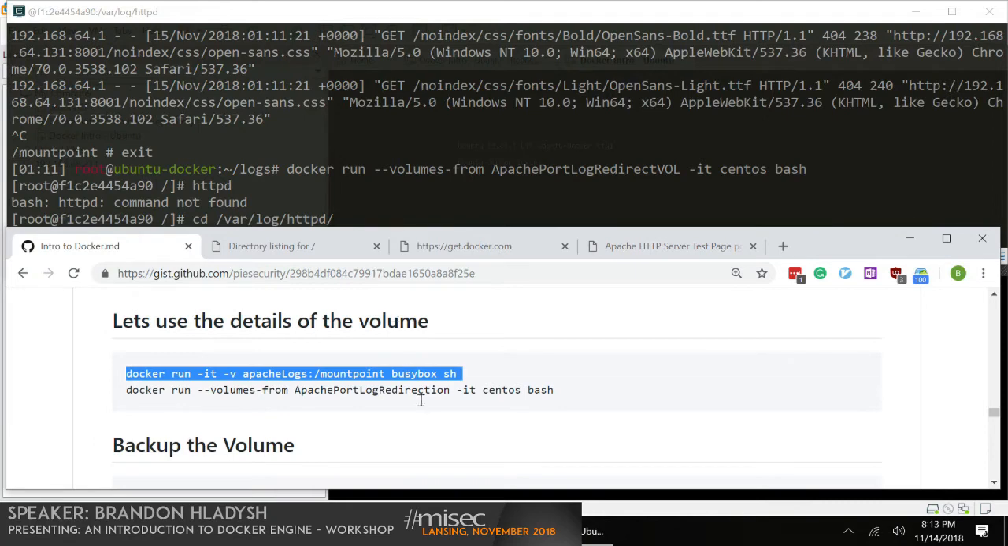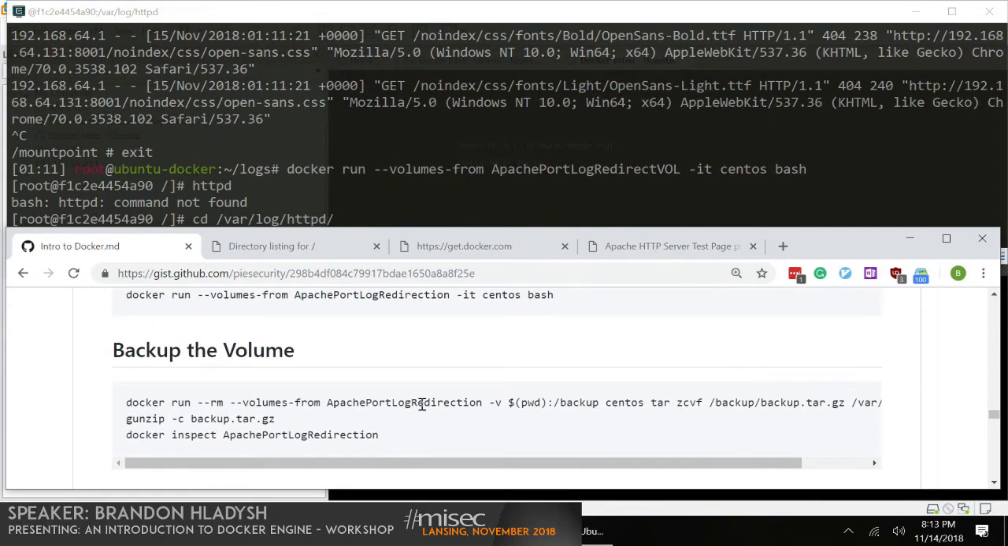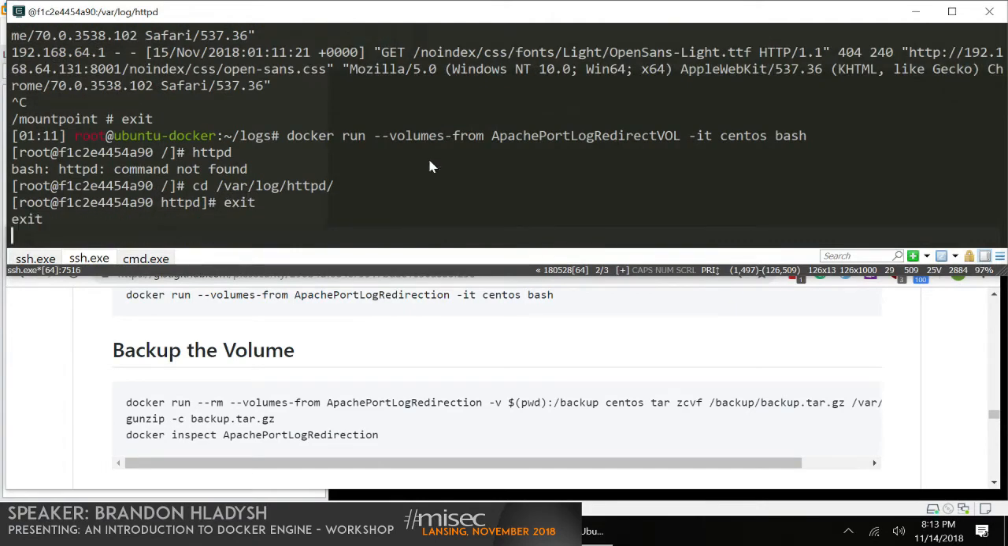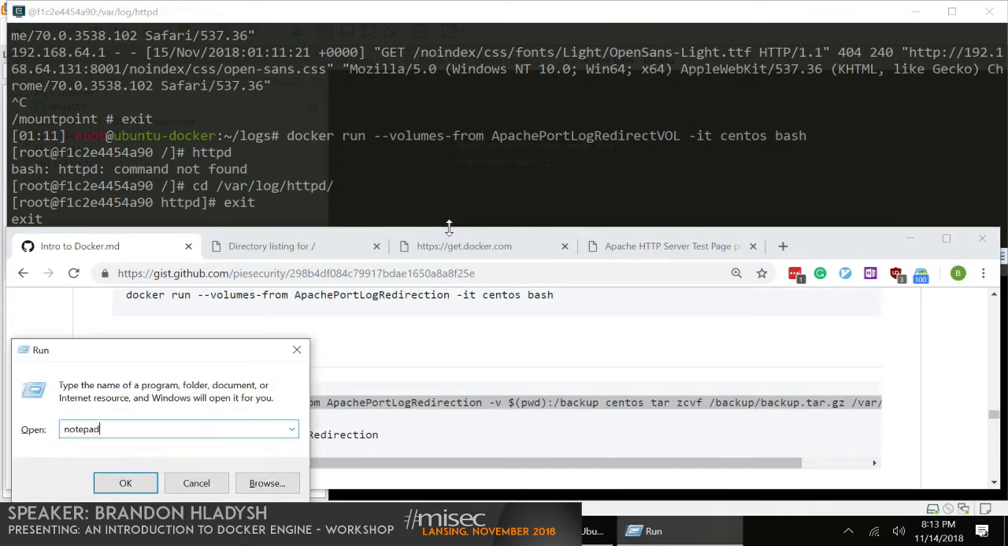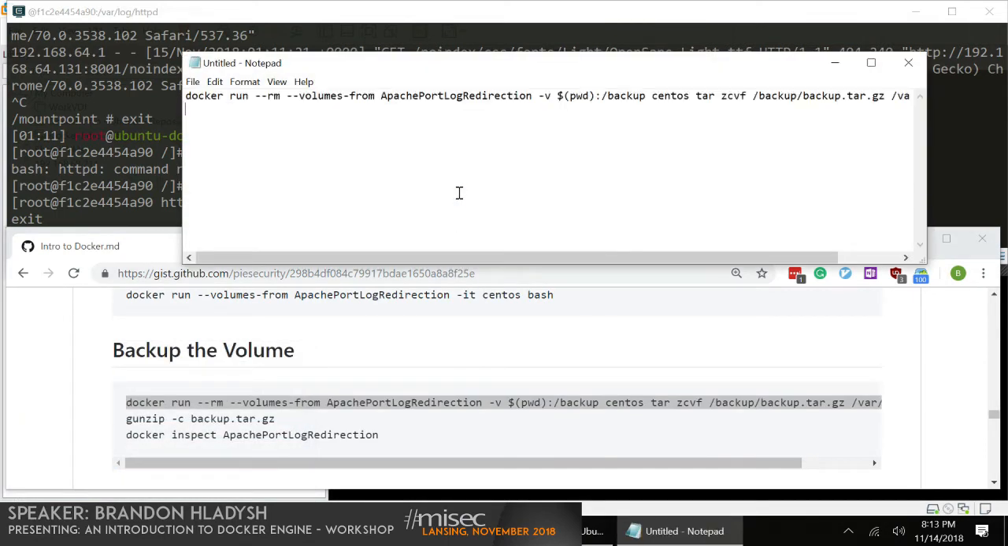Now where this comes in really handy is where you need to back up a volume. So the preferred way of doing this is you just basically run a tar command. And this is one that we can run here really quick. But what it's going to do is pull out our container, load all the volumes from it, and then it's going to,